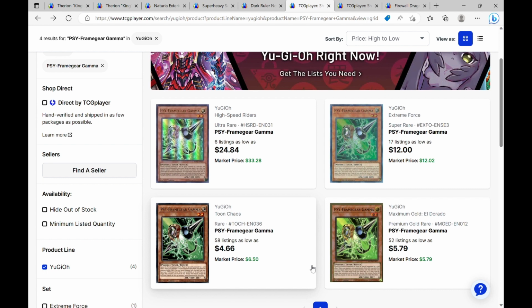But kind of going to the next format, I really feel that people might want to start focusing on, especially if fountain gets hit, then it's going to be easier for people to interact with the Runic quick play spells, specifically the effects that special summon from the extra deck. So I really do see that Cipher Gear Gamma could be a good tech, not only in that deck,